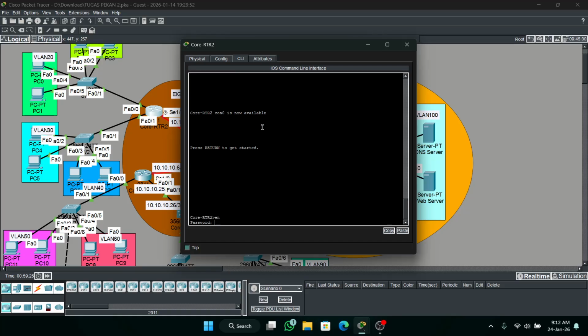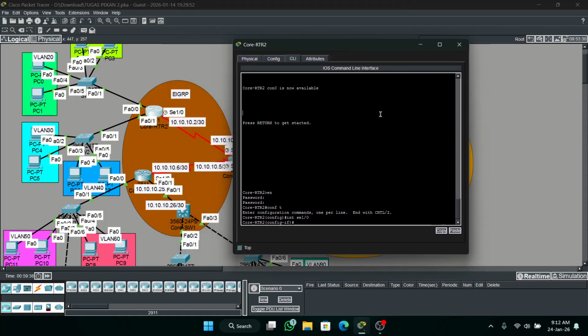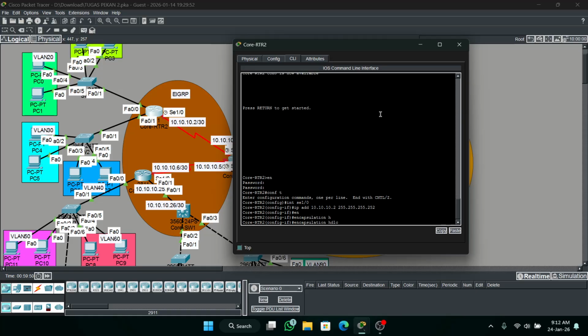Enable, configure terminal, interface serial 1/0. First you add IP address 10.10.10.2 255.255.255.252. Then encapsulation, type here encapsulation HDLC.